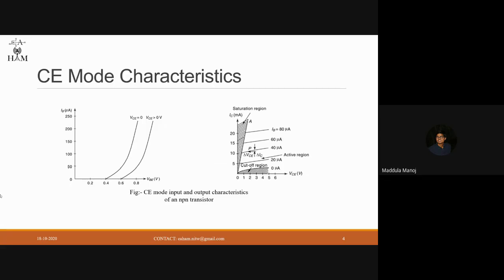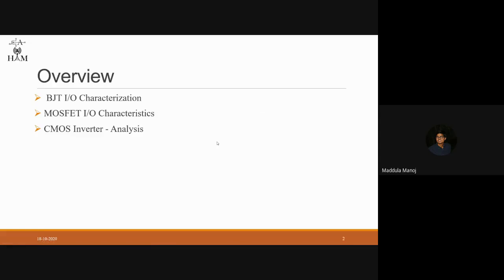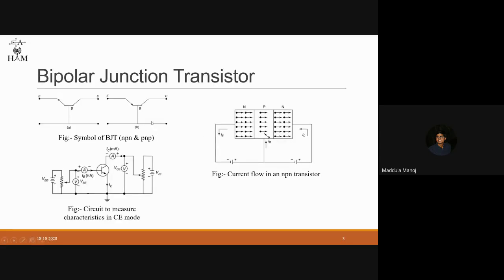For those who don't have an idea of how the characteristics would be, I have attached these figures from a reference book. So whenever the input is greater than the particular threshold, then we can expect some amount of current flow transfer from input to output, right? So in an NPN transistor, as this block diagram indicates, current flows from collector to emitter. This indicates the flow of current, whereas in the PNP transistor, current flows from emitter to collector. So that is